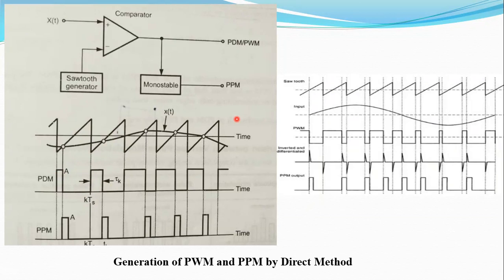If this sawtooth waveform is reversed, the trailing edge is fixed while the leading edge will be modulated. And replacing this sawtooth waveform by a triangular one, both leading and trailing edges are modulated. That means both the leading edge and the trailing edge will be modulated. And the amplitude of this pulse duration modulation, or we can call it pulse width modulation, will be the positive saturation of the comparator, being the same for all the pulses.